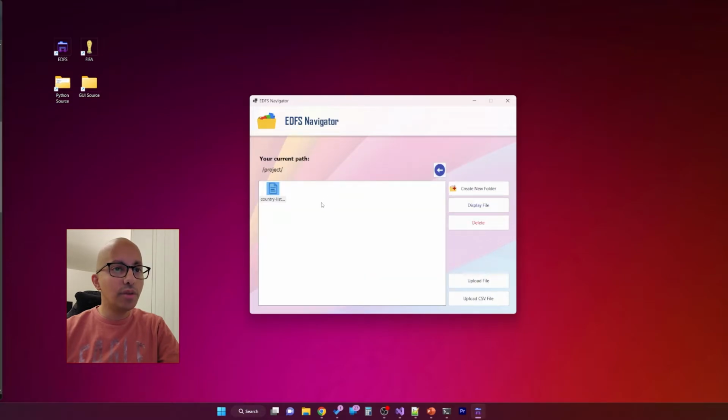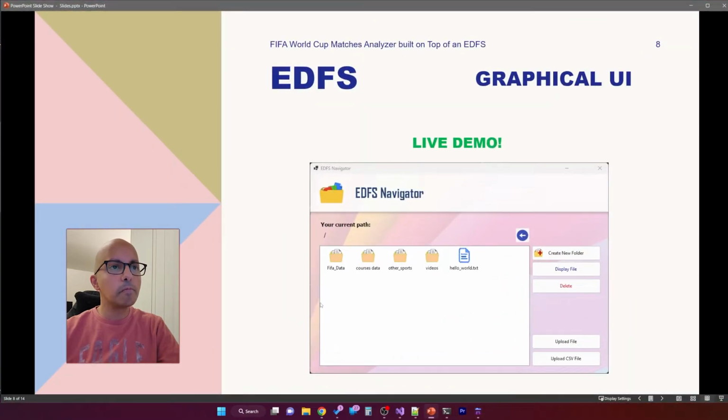Going back into the main screen, we can, for example, delete this file if we no longer want it. And I guess this concludes the graphical user interface presentation for this EDFS. It's simple but effective and user friendly. So going back into the slides,